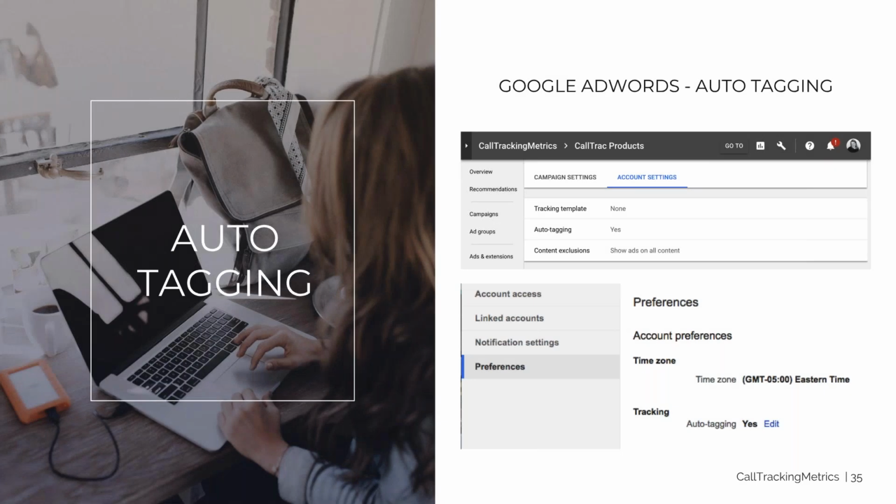Another thing that we will need in order to get proper attribution for your paid calls is, inside of Google Ads, you need to ensure that auto tagging is turned on. What that's going to do is write in the GCLID, which will be the tag on your landing page URL that we're looking for to swap for your Google AdWords number. This is account-wide inside of Google Ads, so once it's on, you should be set to go, but we'll be covering that when we're looking inside of Ads as well.